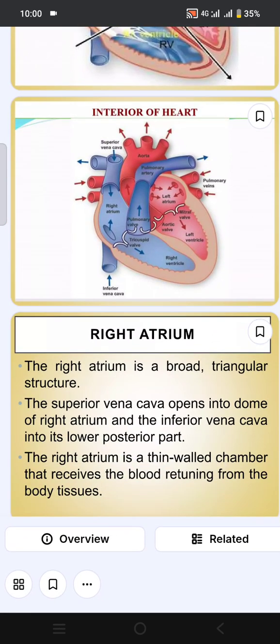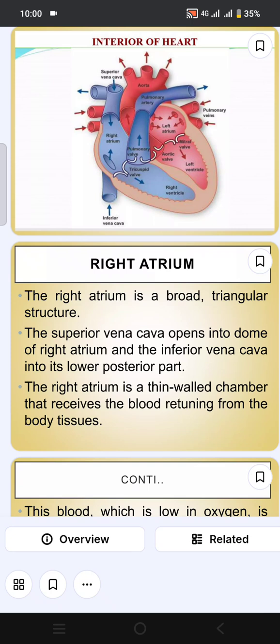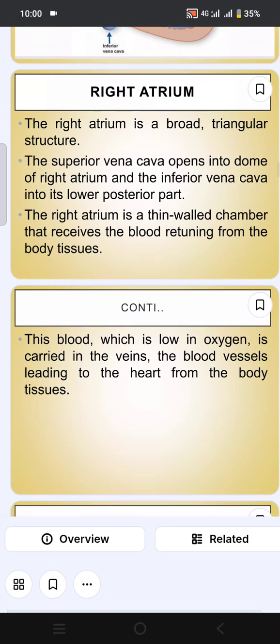Right atrium. The right atrium is a broad triangular structure. The superior vena cava opens into the dome of the right atrium and the inferior vena cava into its lower posterior part. The right atrium is a thin walled chamber that receives the blood returning from the body tissues. This blood, which is low in oxygen, is carried in the veins, the blood vessels leading to the heart from